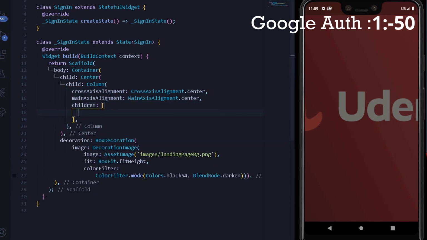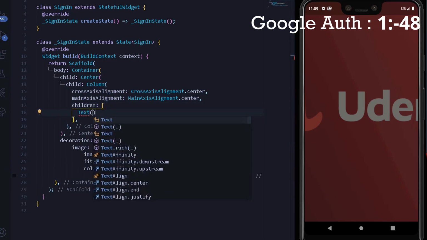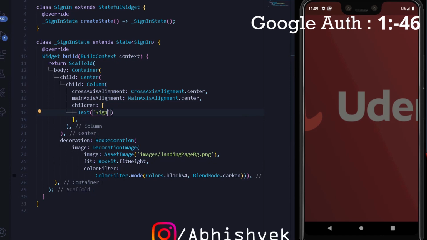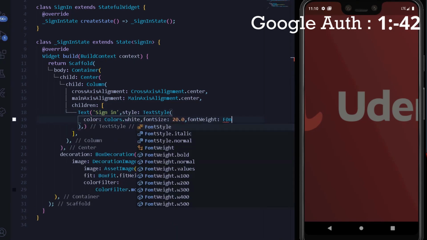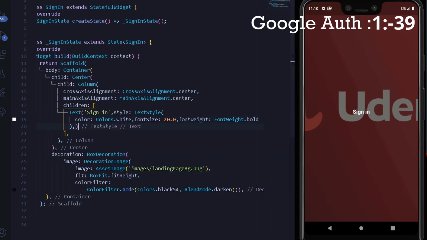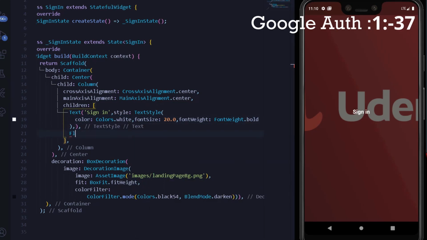Alright, so here under the children section we will have a Text saying Sign in along with some styling, and also we will have all the other buttons for the sign in options. So here I will write a